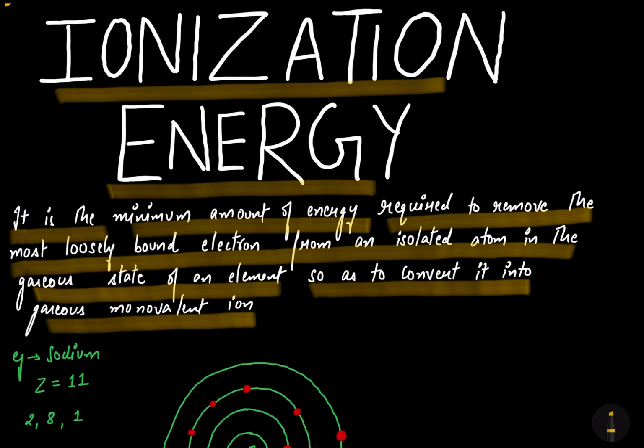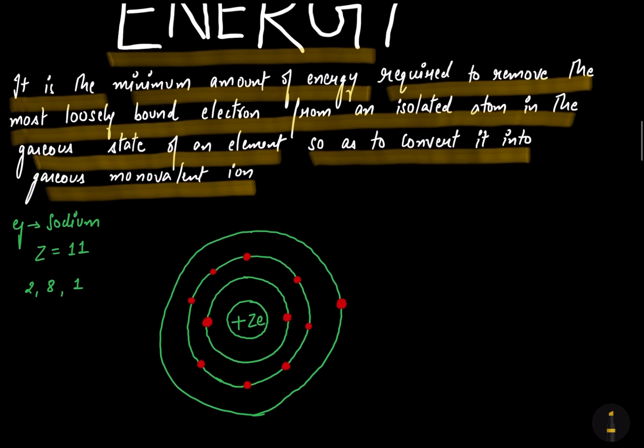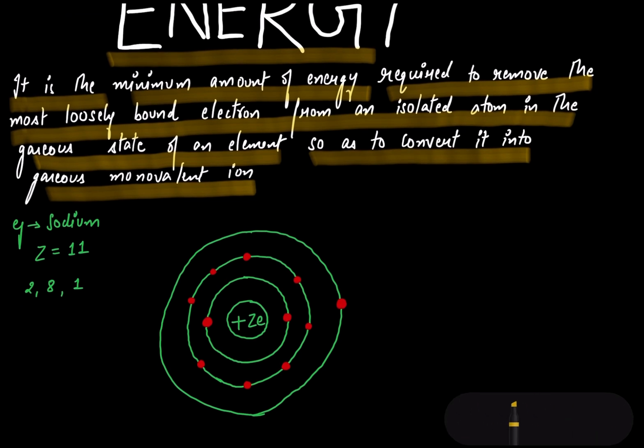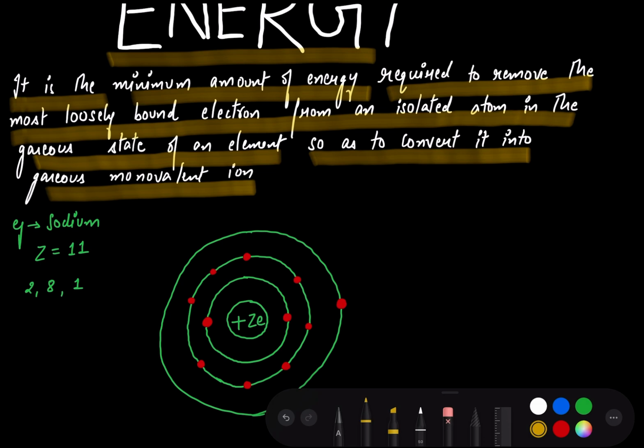So what is ionization energy? It is the energy required to remove the most loosely bound electron from an isolated atom in its gaseous state. So let me give you an example through a diagram. So this is the example that I have taken, and here